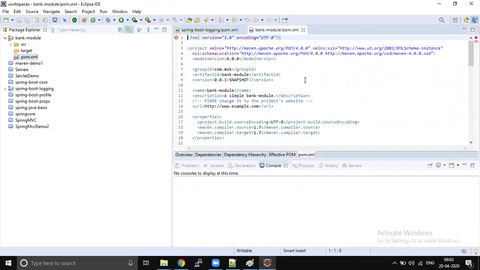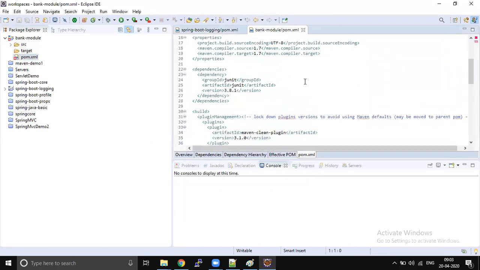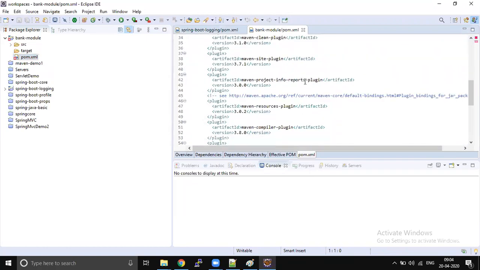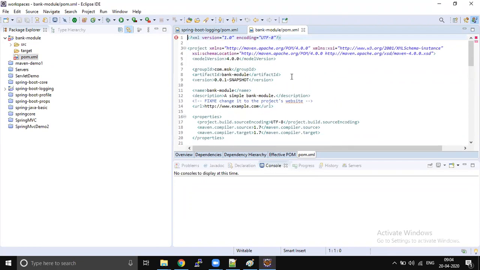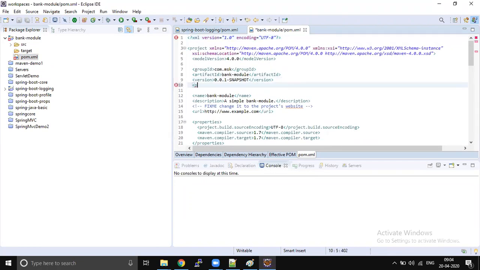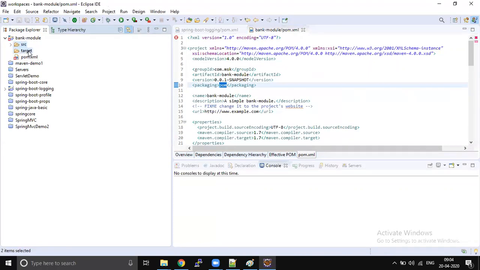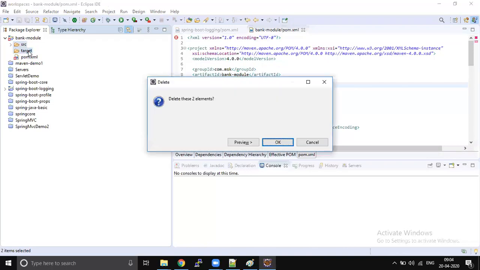If you open your pom.xml file, there is a tag called packaging. It is supposed to be POM. That's it. So when you mention POM, it won't create any source or target, it won't create any folders.